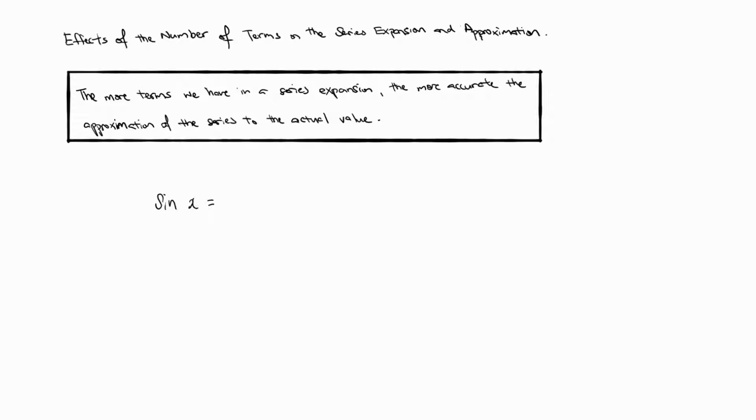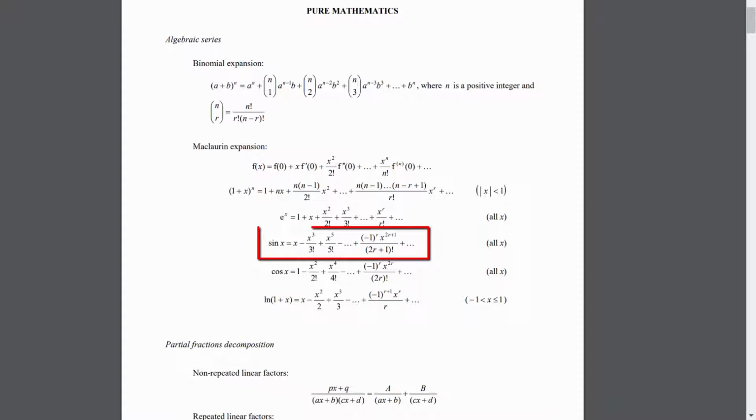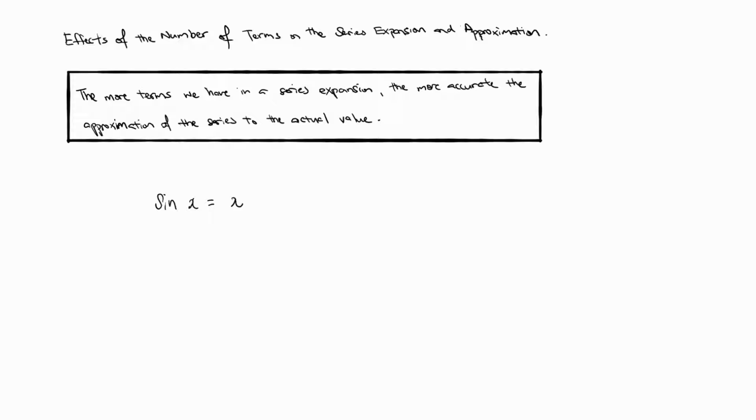Given from our MF26, we know the expansion. Let's do a quick reference to our MF26. You can get it from here, and we are referring to the sine x over here. So sine x is equal to x minus x cubed over 3 factorial plus x to the power 5 over 5 factorial minus,